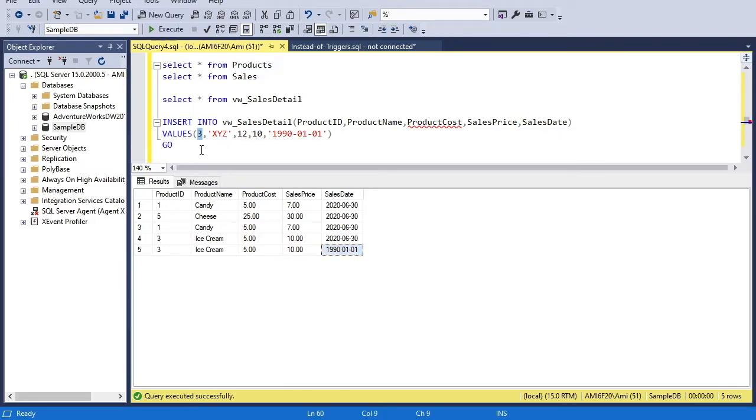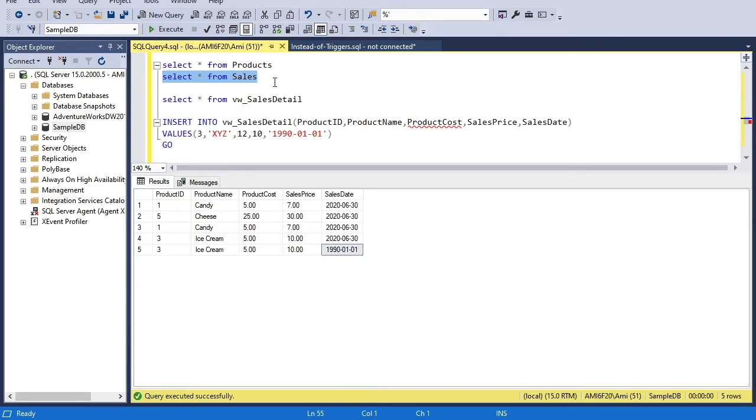So what happened basically, when the insert statement executed, the trigger executed and it picked the product ID 3 and validated the value from the product table. Does that product ID 3 really exist? If it exists, then make the sales record in sales table. So this trigger inserted a new record in sales table, and that new record is displaying here in the view.